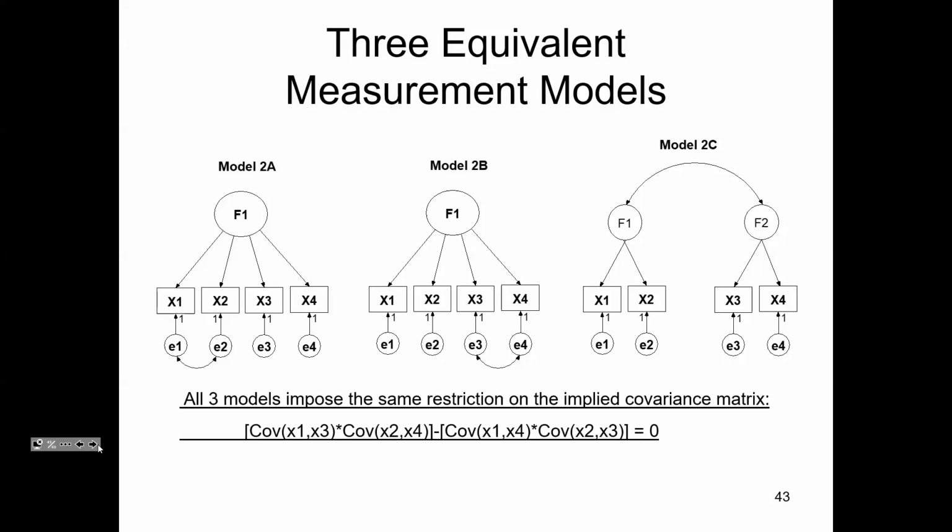3. See the pattern there? In this model, the restriction is that the difference equals 0, which means that one product set is equal to the other product set. If you sat down and drafted this out and did some covariance algebra or just did the tracing rule, you would discover that that is the restriction. But at first blush, it isn't totally obvious that those three models are equivalent, right? I mean, that's the problem. Okay, so